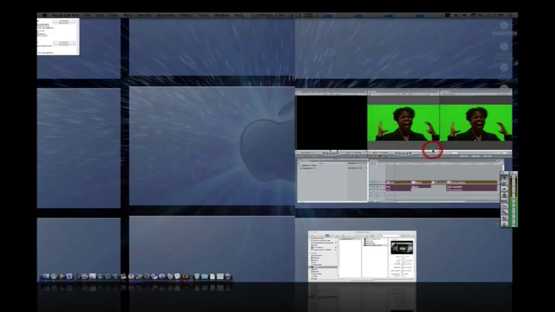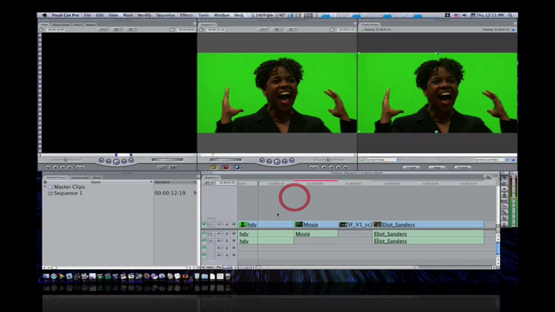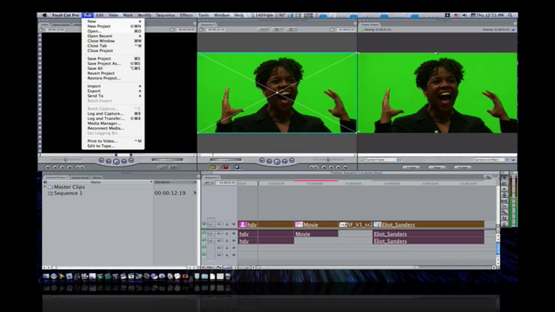And now there's one more way to do that if you don't want to use the Media Manager. Say you don't want to make them all Apple ProRes. Say you want to make the HDV a ProRes and you want to make the next one H.264. Well, you can do that, but not with Media Manager. Media Manager exports them all into the same format. What you want to do is select your clips, go up to File, and select